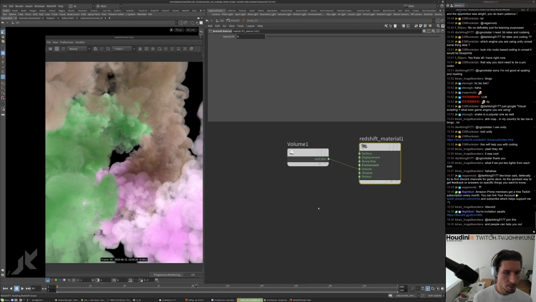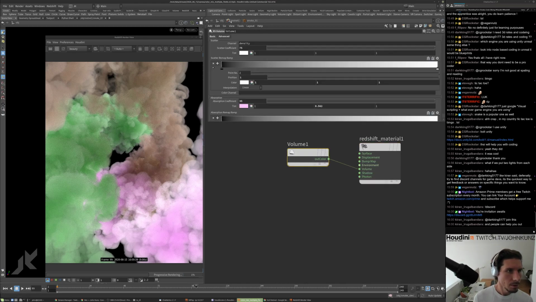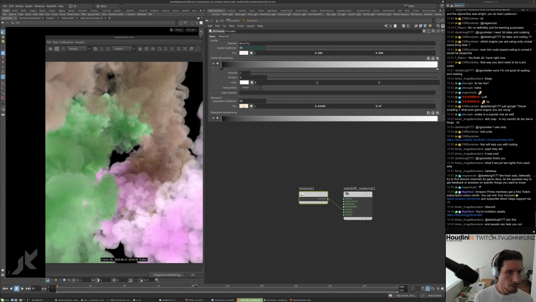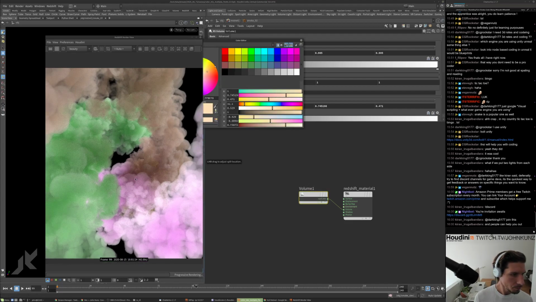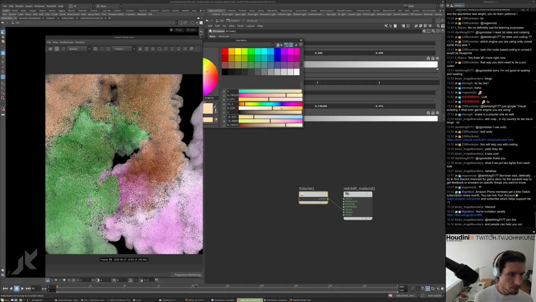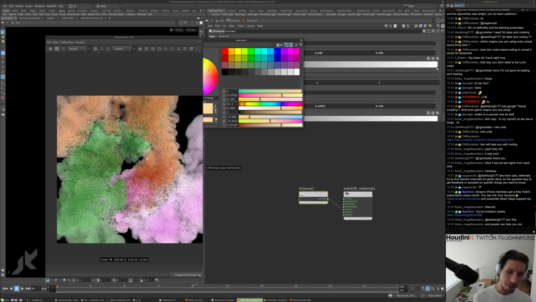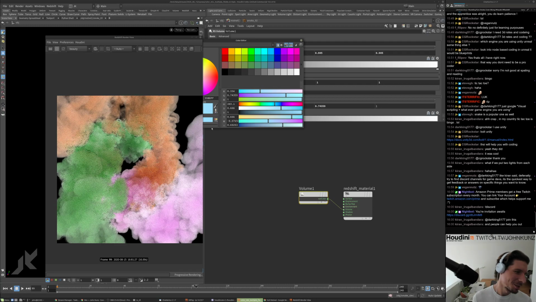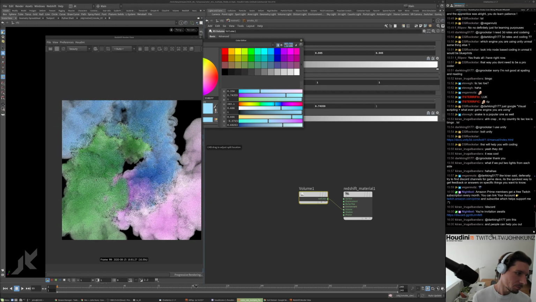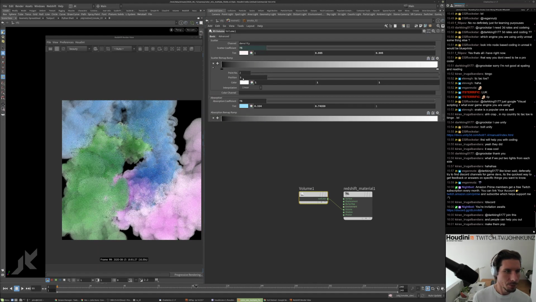Whoops. I think it was 2. Maybe getting a little more saturation. Got a cotton candy factory going on over here. I think this blue, green, and pink is a pretty nice, very gentle